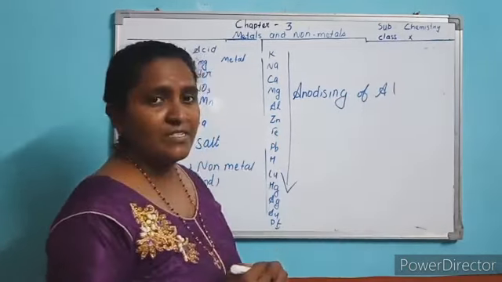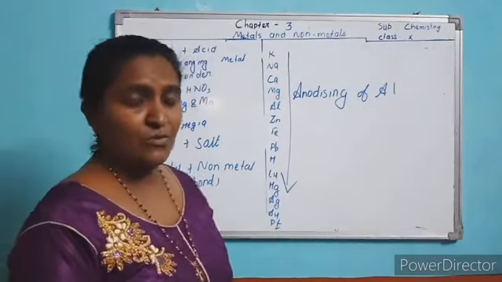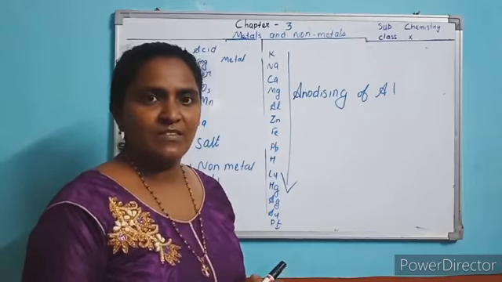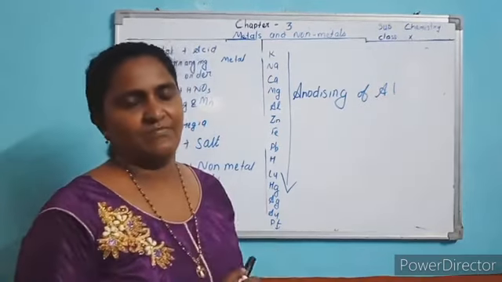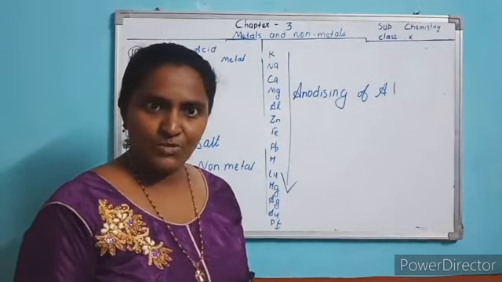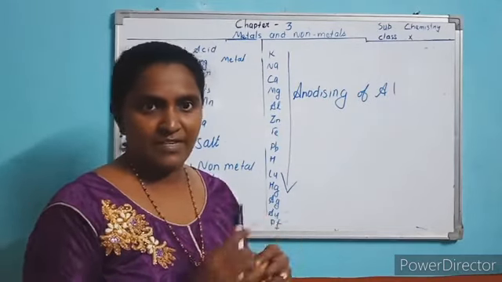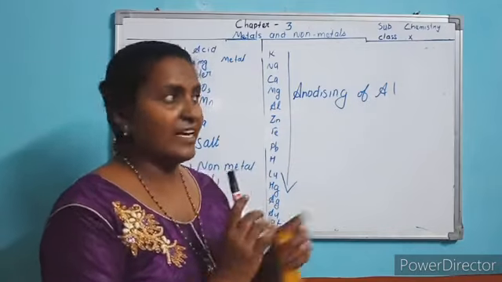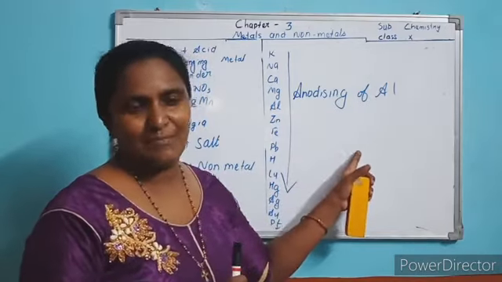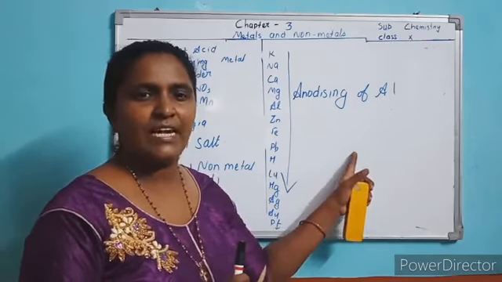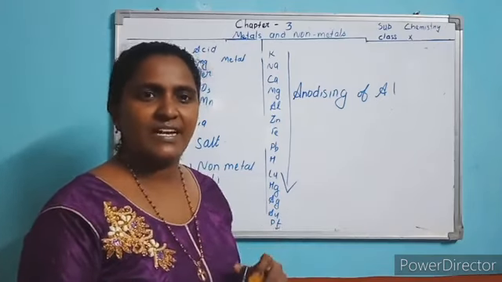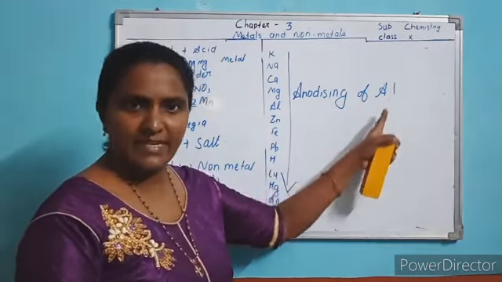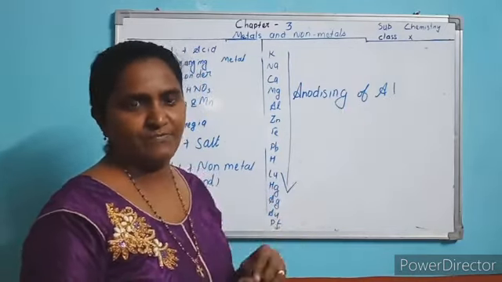Okay, children, anodizing of aluminium is we are going to coat aluminium oxide over the aluminium. This is aluminium. Over the aluminium, we are going to coat aluminium oxide with the help of electricity, passing electricity. It is an electrolysis process in which electricity is needed. Now this aluminium acts as an anode.